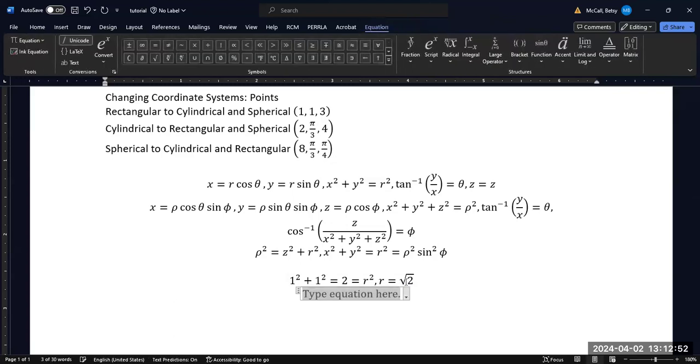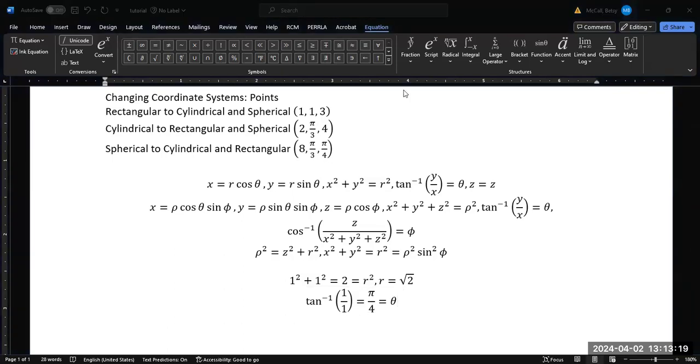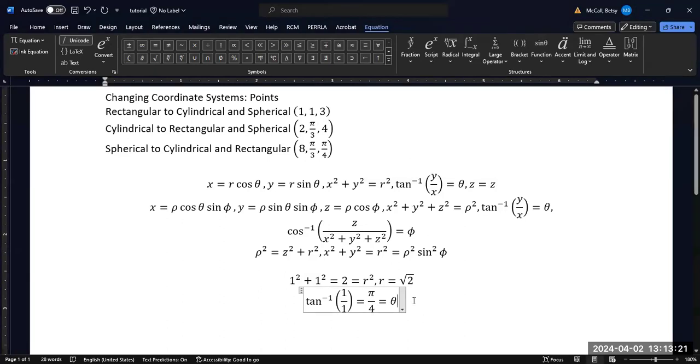And then we're also going to use our inverse tangent of 1 over 1 to get our theta. And the inverse tangent of 1 is pi over 4. And that's going to be equal to our theta. Now, one thing to keep in mind is that in random points where the coordinates are not well selected, you're not necessarily going to get a standard angle. Textbook problems certainly start out trying to get you standard angles, but as the problems go on, you may not end up with a standard angle, and so you will have to double check,